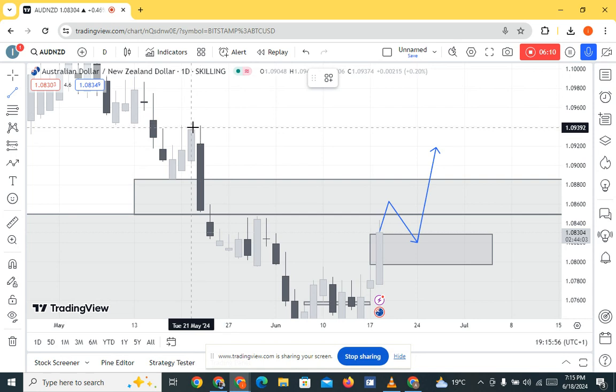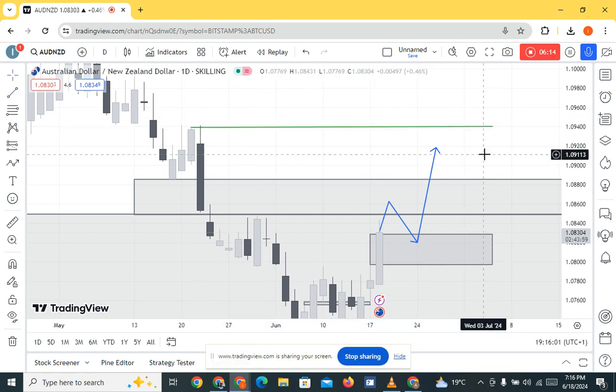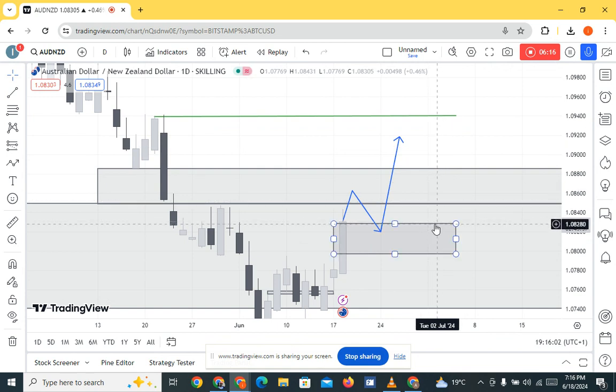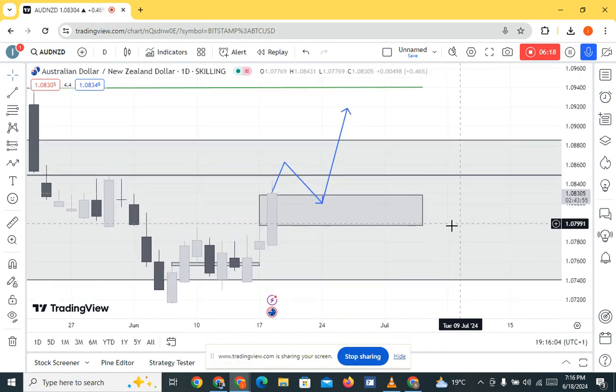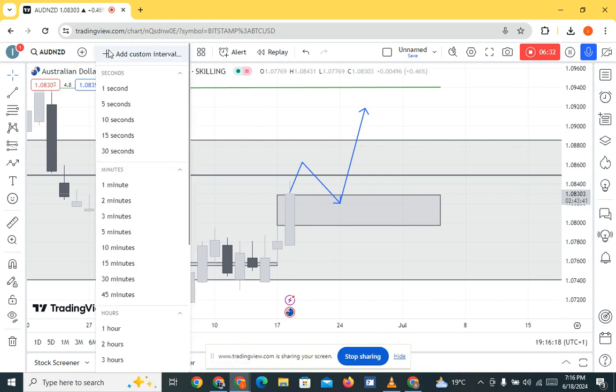So guys, on the AUD, what you need to do is stay attentive and just wait. There is no problem in waiting. You just need to wait for today and tomorrow to close, and then you can start looking for entries. But if you can't wait, if you really do want to look for an entry, then